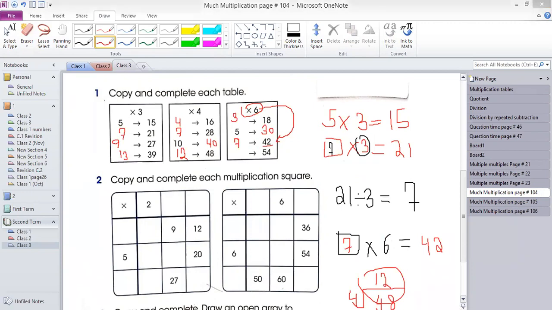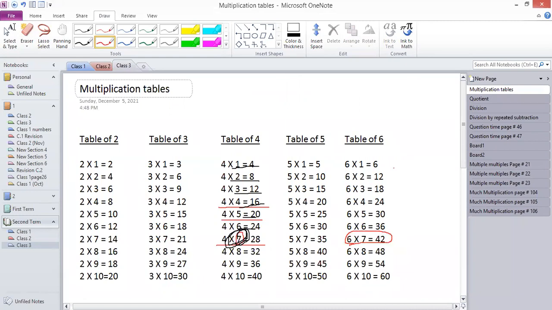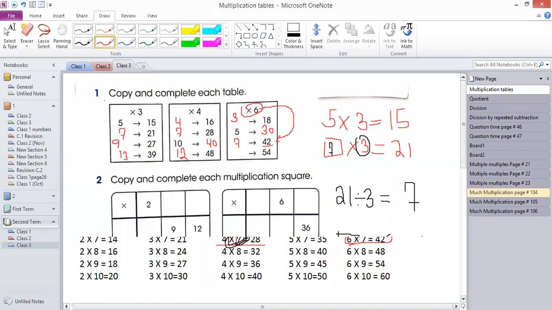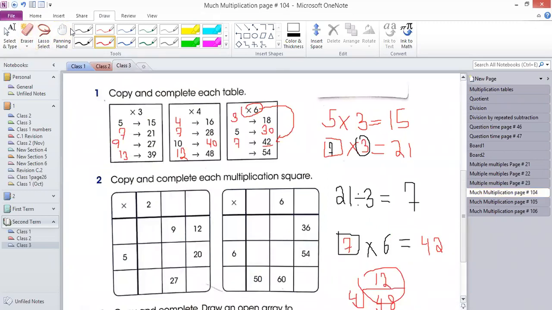All right, guys. So a number multiplied by 6 equals 42. You can check the table of 6. You should know the table of 6, guys. I check here on the screen: 6 7s are 42. So you will write 7 here. Clear?